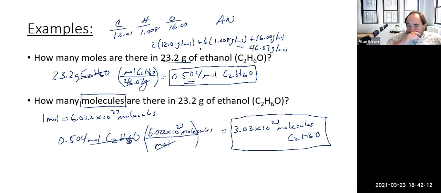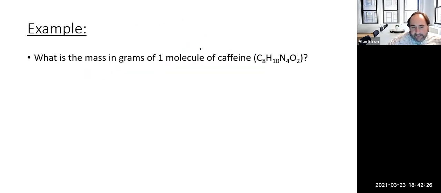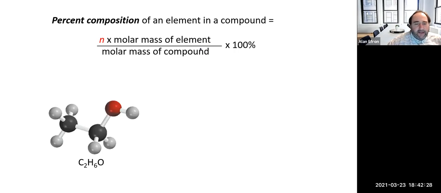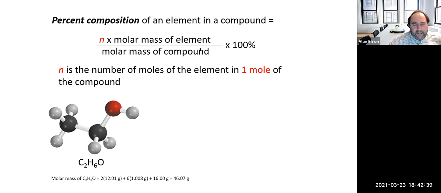Okay. So obviously grams to moles, moles to grams, and all that stuff is a really important aspect of chemistry and what we use a lot. So let us then talk about, or skip this one, it's kind of similar to ones we did before. Let's talk about another aspect of mass, and that is what's sometimes referred to as the percent composition by mass. So you basically can figure out the percent composition by mass of each element in a formula by getting the molar mass of the entire molecule or compound, and we divide each of the